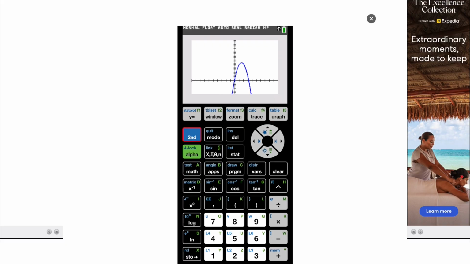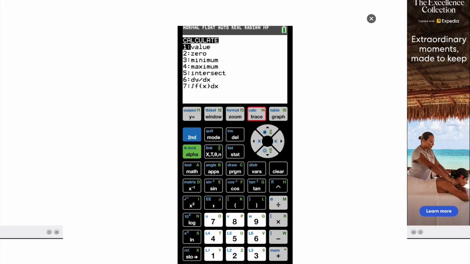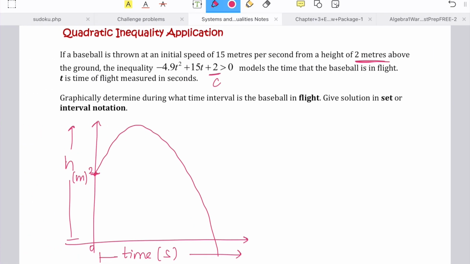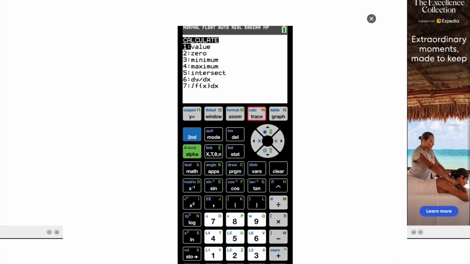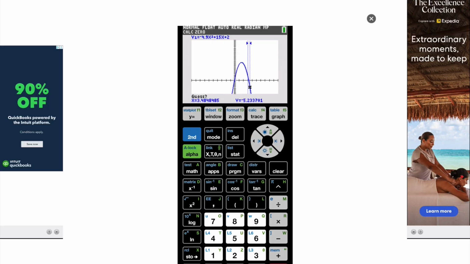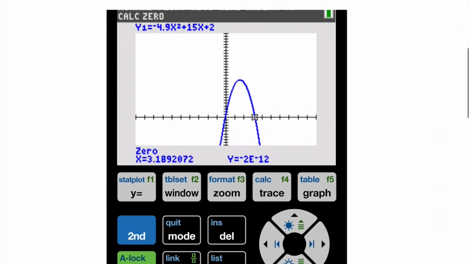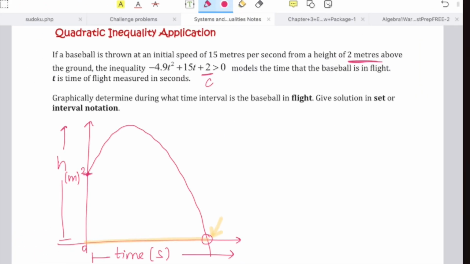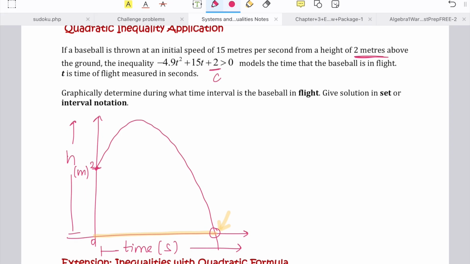Okay, now I need to find out how long it is in flight, right? So we're starting at 2, right? 2 as our height. And then because I need to figure out the time it is in flight, I need to figure out what this point is. Now, what is this called, you guys? X-intercept. So I can do second trace 2 because the x-intercept is 0 as well, right? So this is my left bound, this is my right, and this is my guess, and it's at 3.19. Okay, x is equal to 3.189,